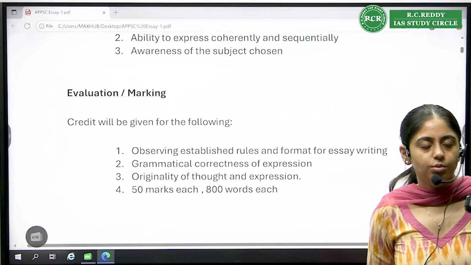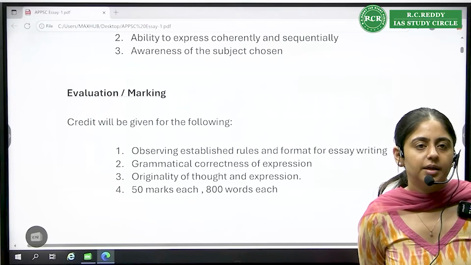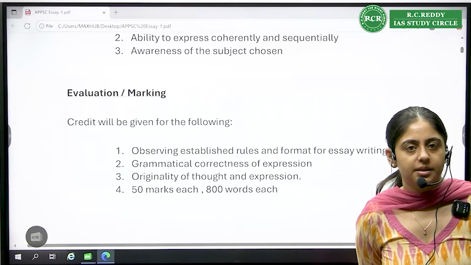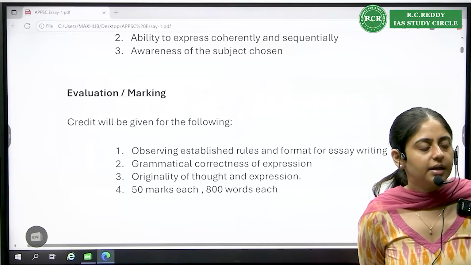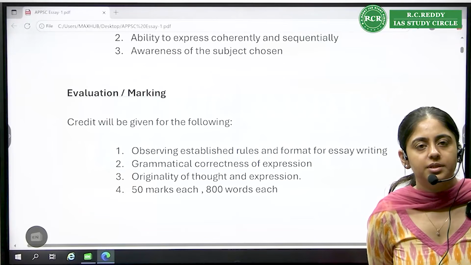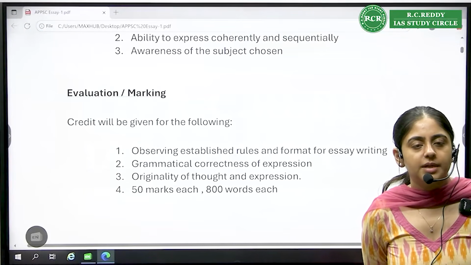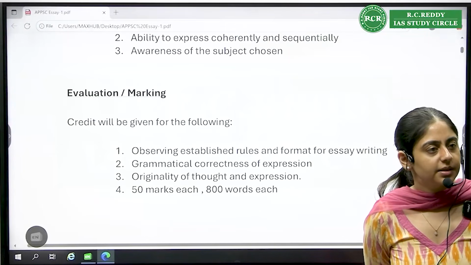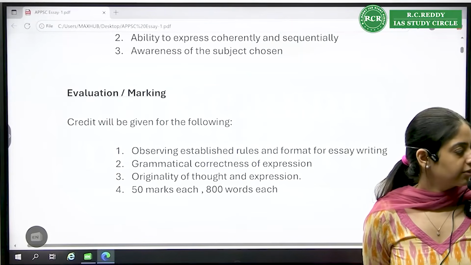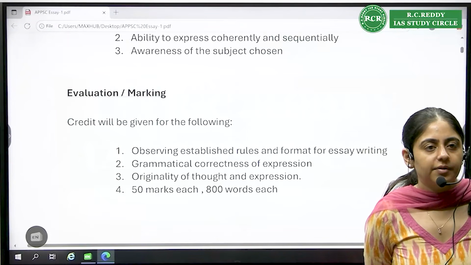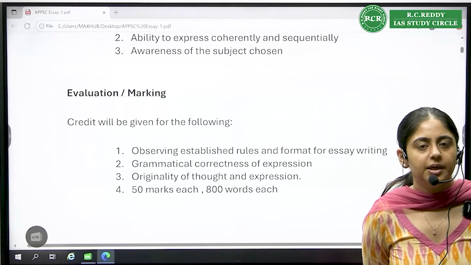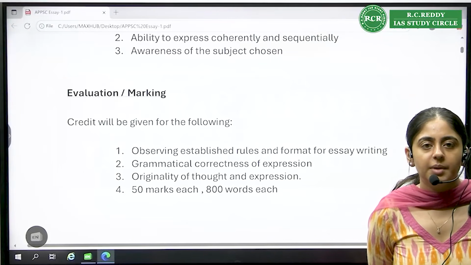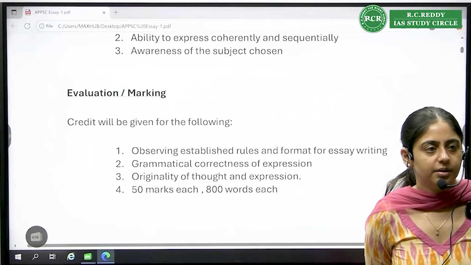Now, if there is someone who has had schooling in Telugu medium and is writing the paper in English medium, you will need some extra practice here, because I have seen a few students struggle. Understanding how to write an essay will be a waste if your basic grammar is wrong and basic spellings are wrong. So anyone from the online section or here, if you have done your studies in Telugu medium, now you will be writing in English and not in Telugu. So please put in some extra effort towards correcting your grammar, right?